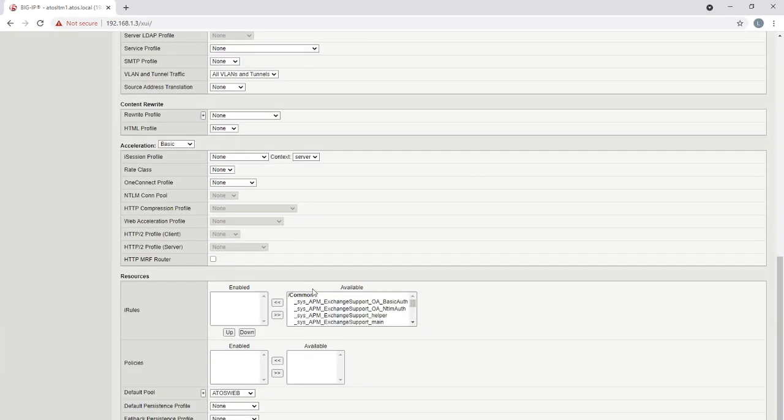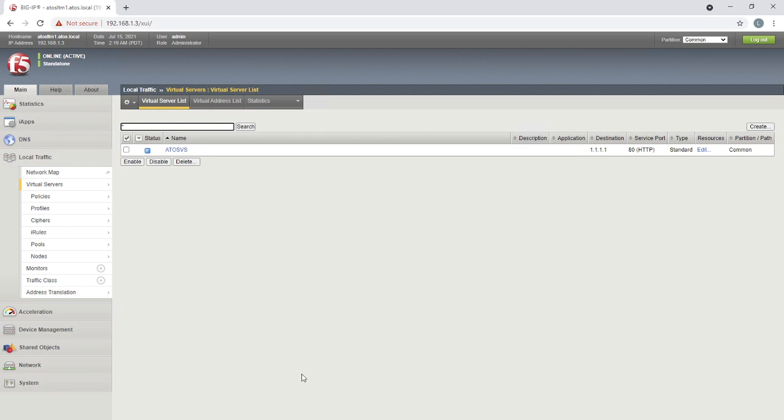The rest of the configuration I left as default, and then in the default pool, I identified the pool I created earlier. Say finish. Till this point is clear? Till this point is clear or not? Okay, finished.